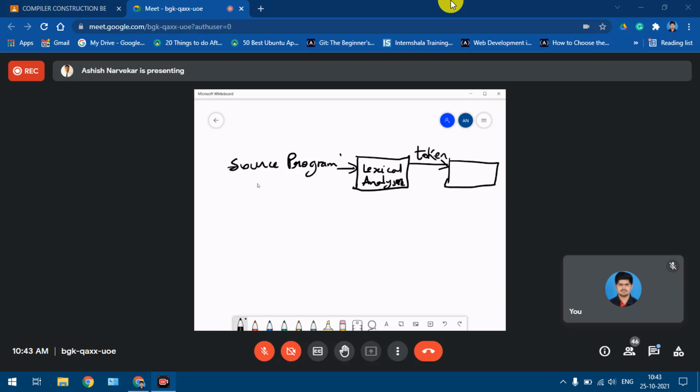Similarly, the tokens generated have to go to the next phase, which is syntax analysis, in which the entity that processes this stream of tokens is called a parser, or syntax analyzer. This figure we had already seen. A token is given to the parser. It will construct the parse tree accordingly, and it will ask for more tokens. This process continues, and for that it refers to the symbol table, as we have already seen.